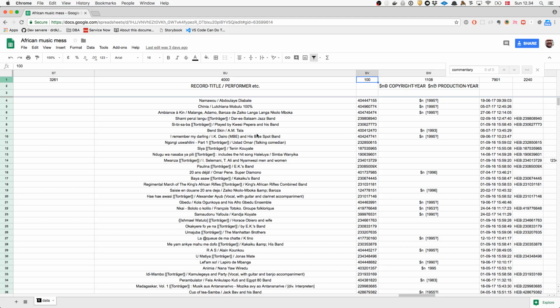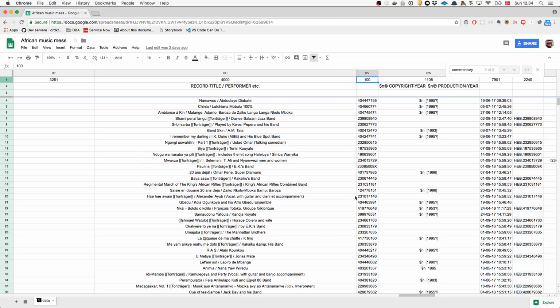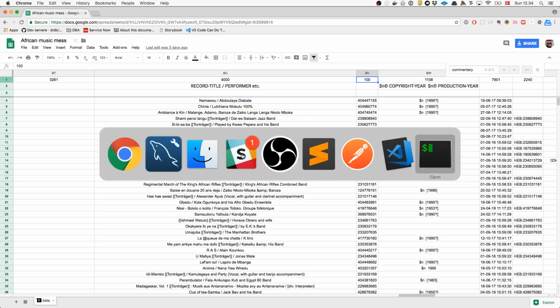But my idea is that if we can get a reasonable amount of data from Discogs, we have about 1,800 records in total, and if we can maybe get 500 out of Discogs, then let's go with the data structure that Discogs is using. It's a bit different from what we have, but it's closer to what we want to do than the stuff that we have here. So I'm going to try and show you